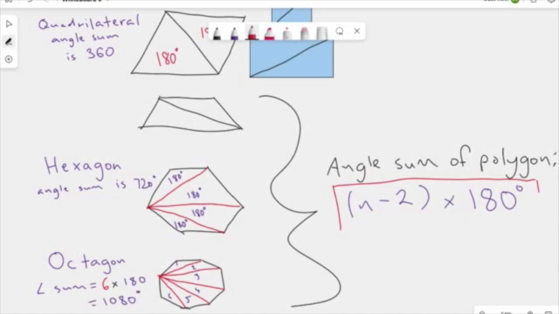And I'm going to put a box around this. So, our quadrilateral, hexagon, octagon all followed these patterns. And you'll find that bigger shapes and some of these shapes in the middle, feel free to try it with a pentagon or any others. Honestly, play around with it because that's the best way to learn. But the general formula for finding the angle sum of a polygon is n minus 2, which the n is,